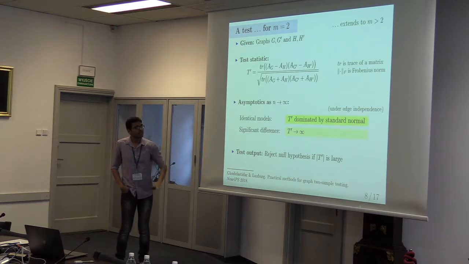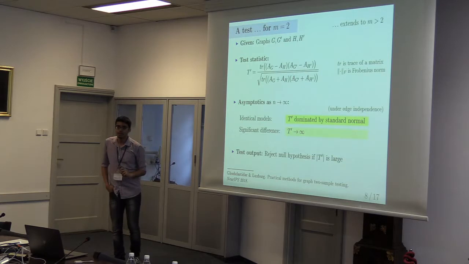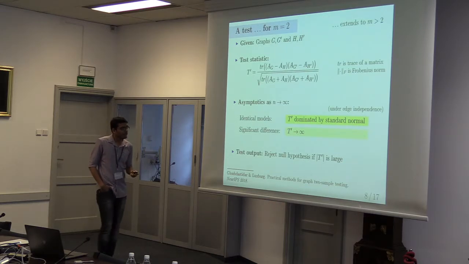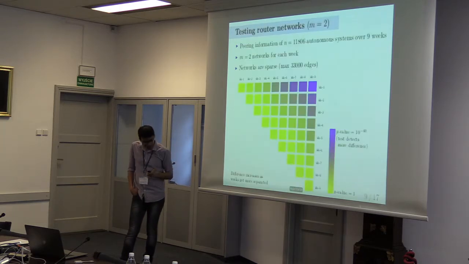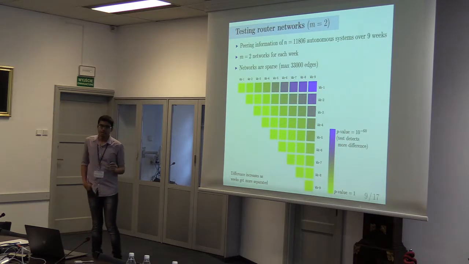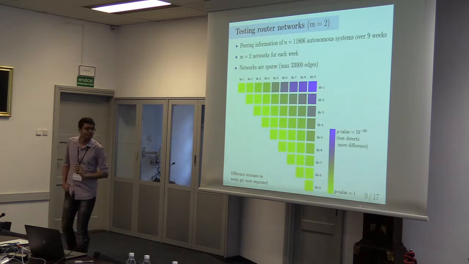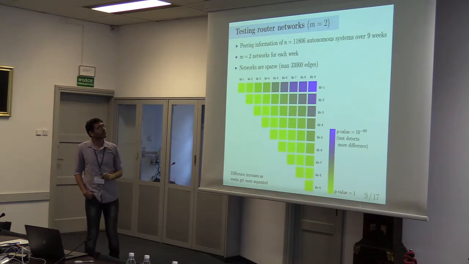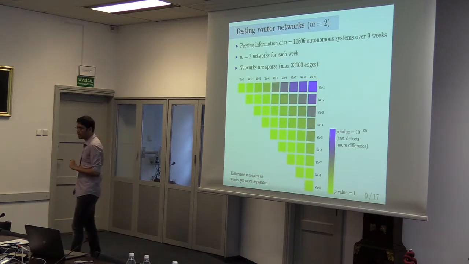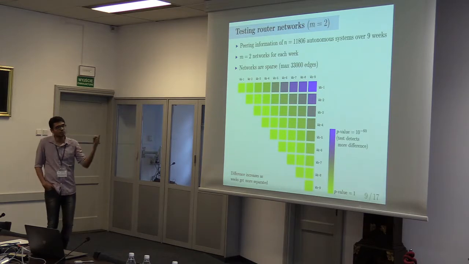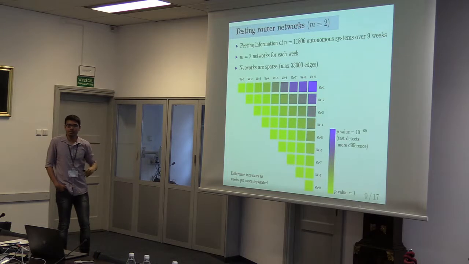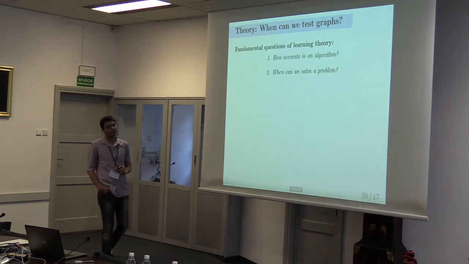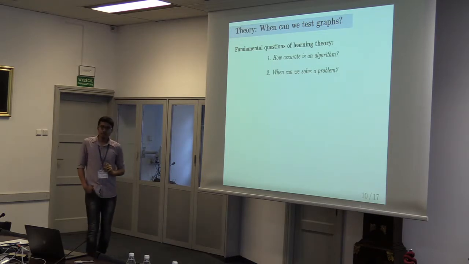And we can again assume edge independence and do some asymptotic analysis to see how the test statistic should behave in the null model. That gives us another test. I'm just not going into that. One can also use this test in practice. We used it on some real networks, generated from routers, about how routers interact with one another. Some qualitative analysis was known for this. What we did was provide quantitative versions of the observations that were known about these kinds of networks. Skipping this slide and moving straight into the theory,